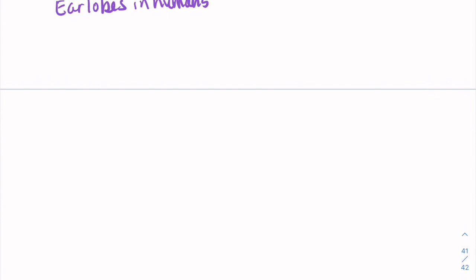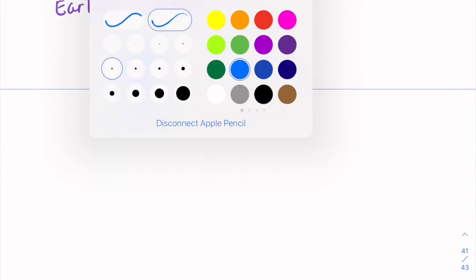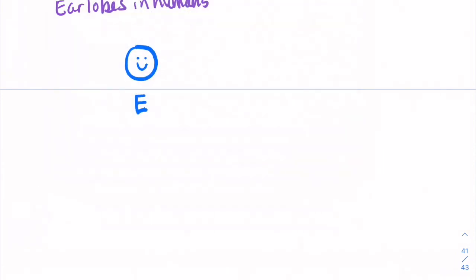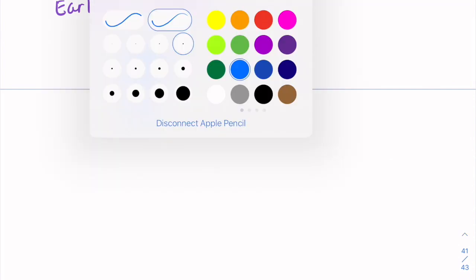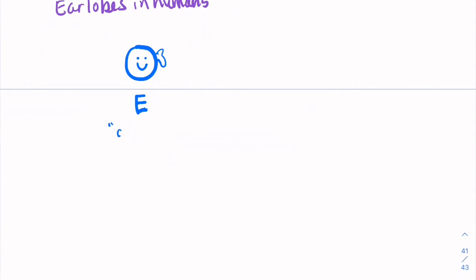An individual with a dominant earlobe allele will have an earlobe that looks like that. Please do not laugh. You know it looks like a fish. This is what I call a dangly